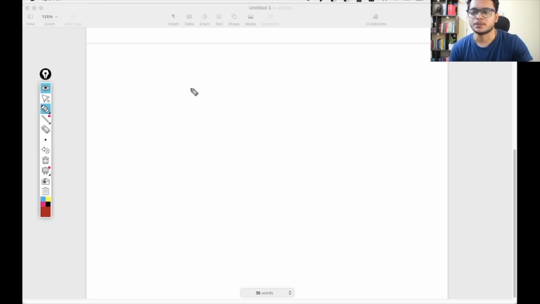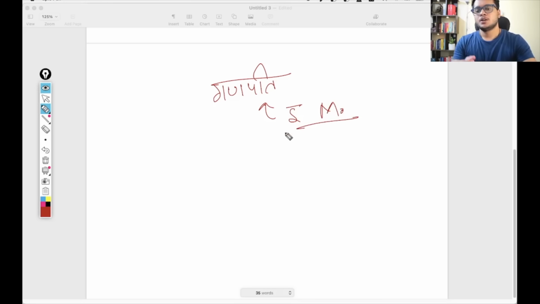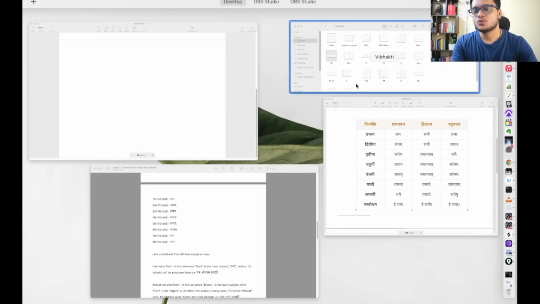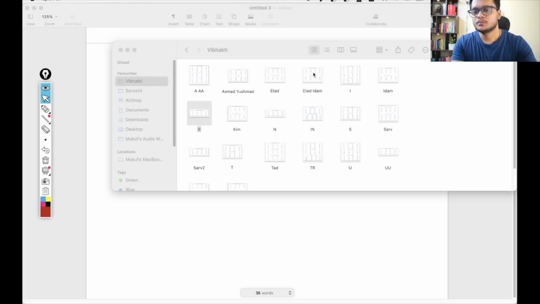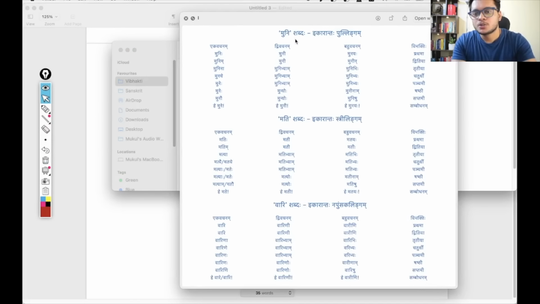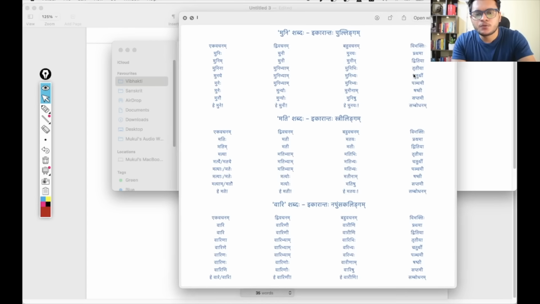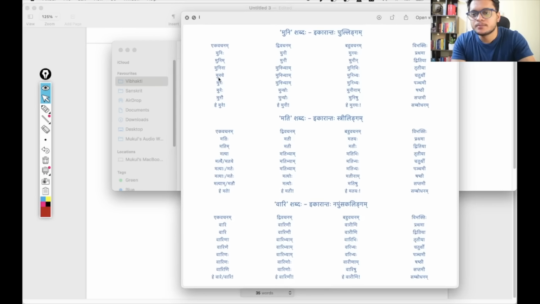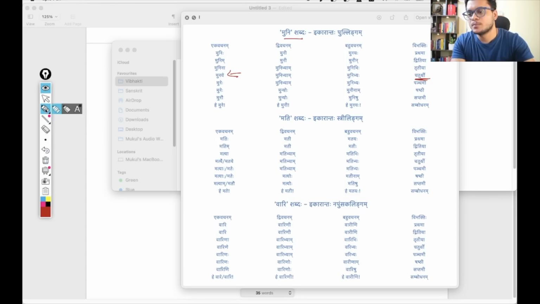Let us take one other example. Ganpati. Right? Ganpati is an Ikarant masculine gender word. Now let's go back to our references. This is Ikarant. I don't have an example of Ganpati, I have an example of Muni. Muni, Ikarant Pulling. I want to see how Muni changes its fourth form into Muniye. You can see here. Muni changes into Muniye in the Chaturthi Vibhakti, fourth form. Okay. So with the same logic,